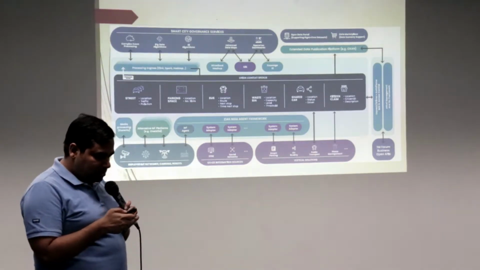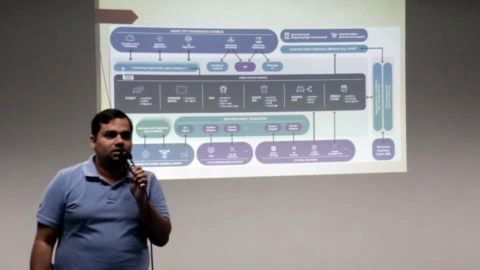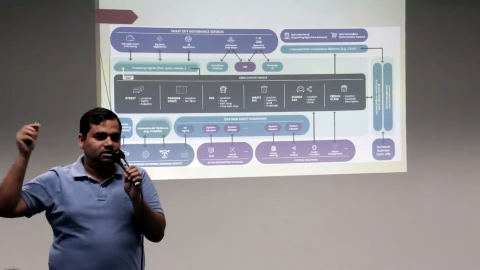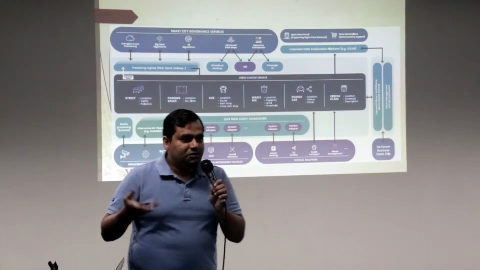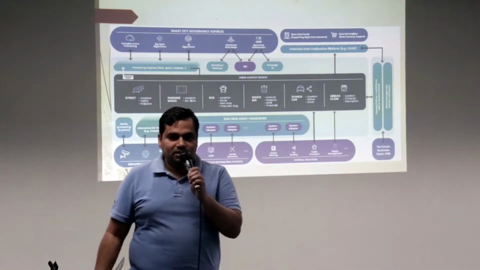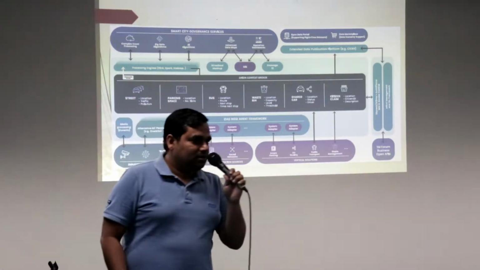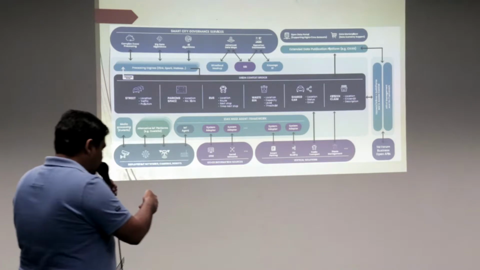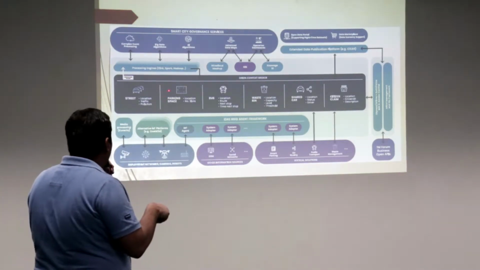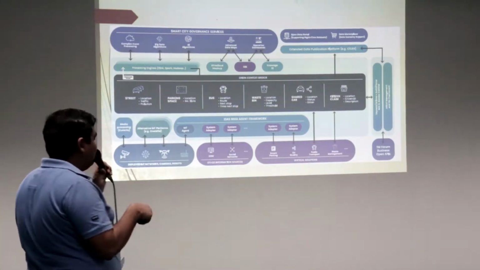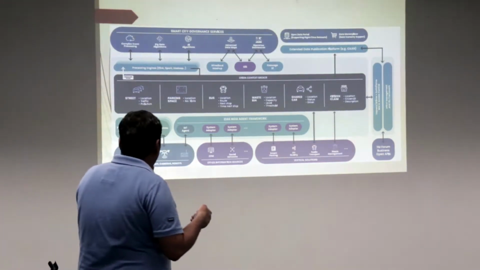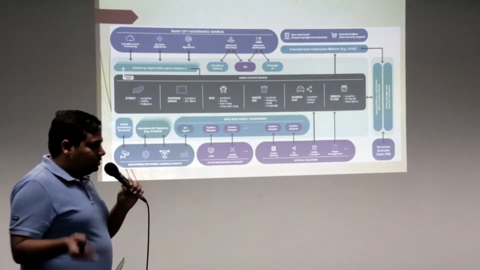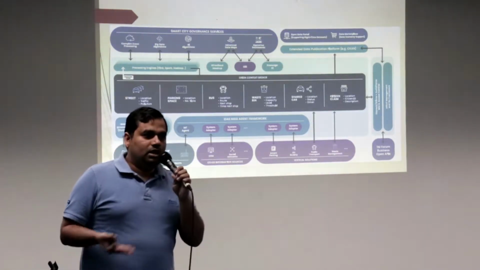What if you want historical states? What if you want to apply some analytics on top of it? What if you want to make your services more efficient by applying analytics and predictive analytics on top of it? For that, we have more enablers. If somebody is from a Hadoop background, you can easily use Flink, Spark, and Hadoop. And there are some enablers called STH Comet that can help you with analytics.